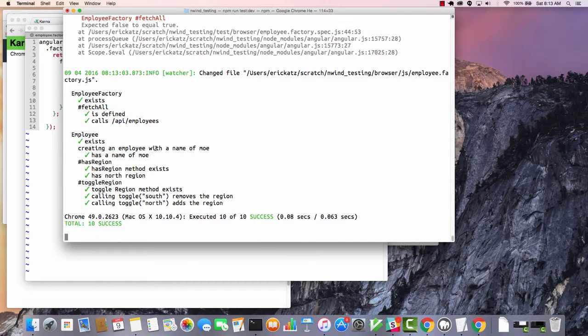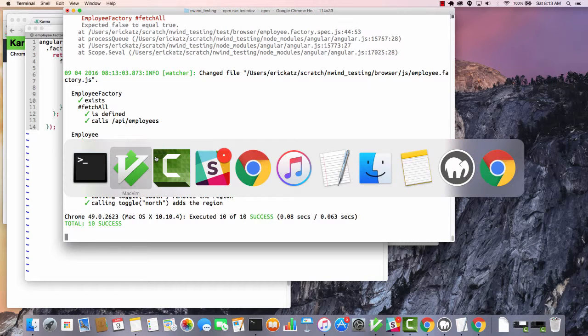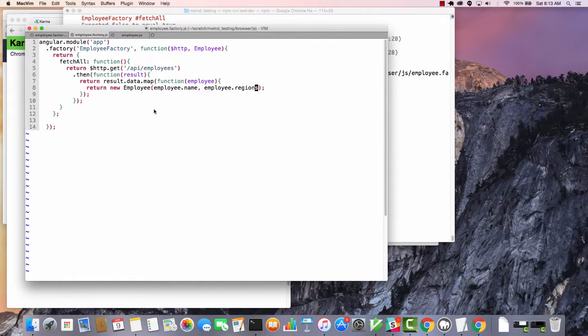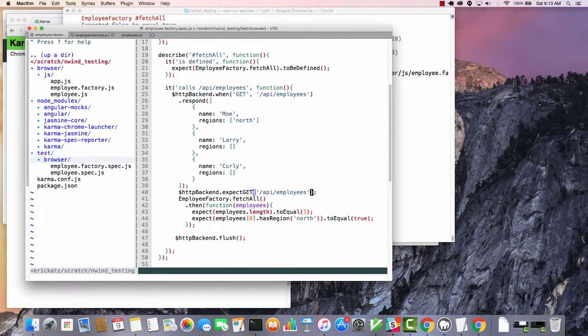So we could break those apart a little bit if we wanted to. We don't really have a need for testing out whether or not we can end up toggling regions on these objects, because we're pretty confident at this point that this in fact is an employee that we're getting back. And we wanted to have this method has region, which it has. I mean, if you really wanted to